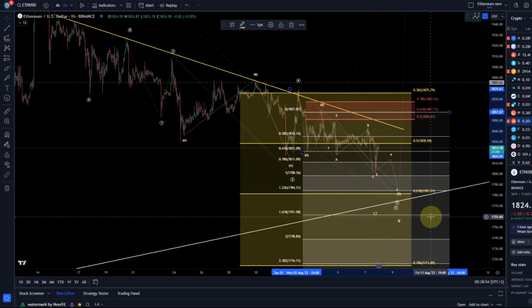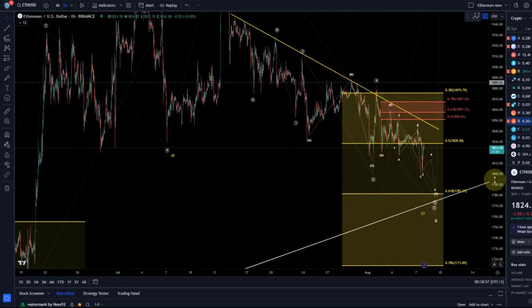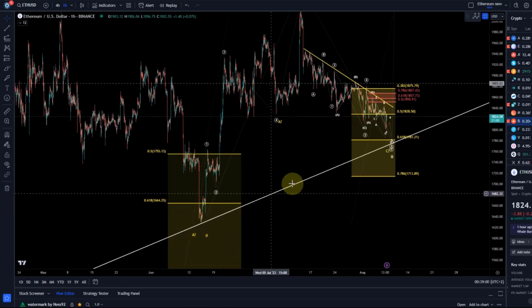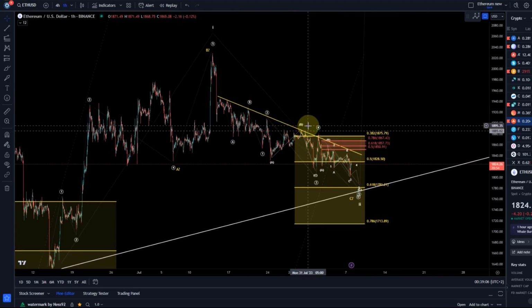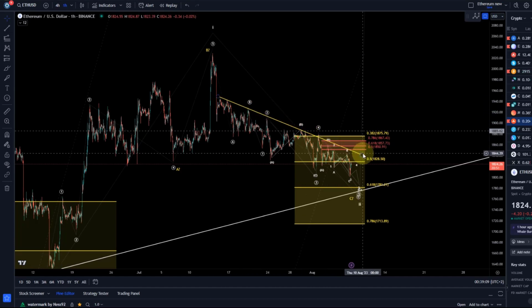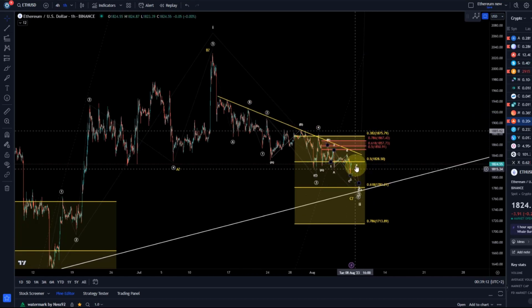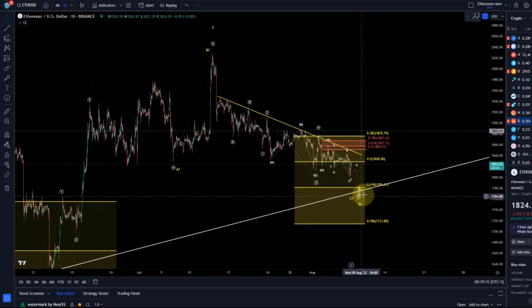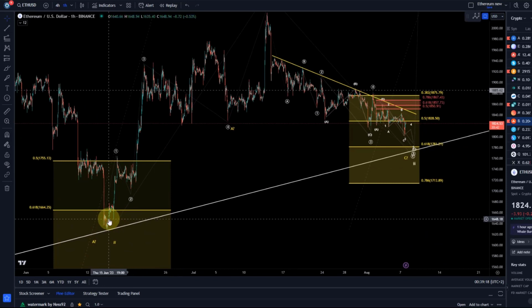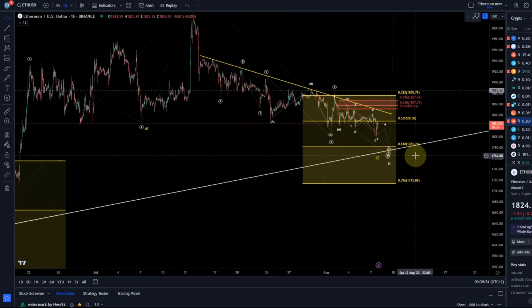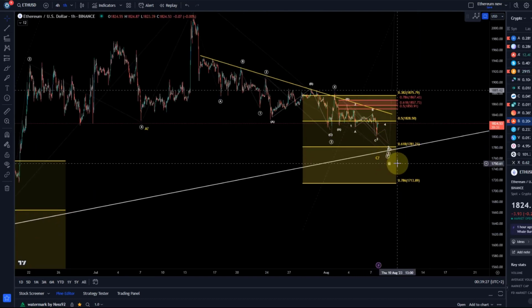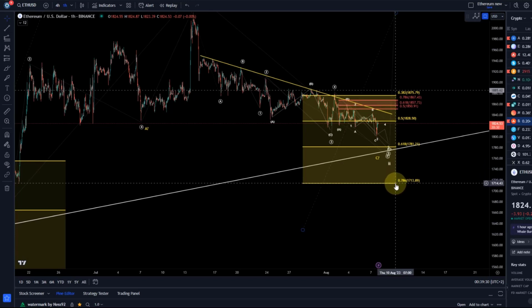In addition to that 1780 level, we also have the ascending trend line. We've been talking about that one as well, which might become relevant. It's just below 1780 at the moment. I highlighted before that we're now in the region where we should see a reaction to the upside at some point. I don't think we will go much lower. So 1780 is certainly the next level that I'm observing. Be aware that in June, we also briefly broke below the golden ratio, but then recovered very quickly. If it needs to, in this particular scenario, it could even drop down to $1,700. That's the 78.6 retracement, and only below that would I have to go to the alternative bullish wave count.